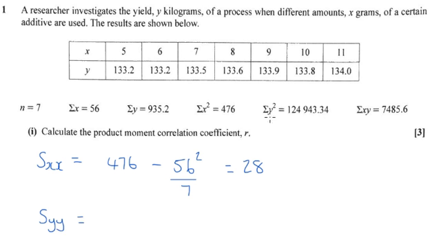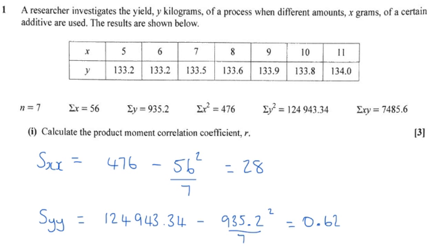which is going to be the sum of the y squared values, so that big number there, 1, 2, 4, and be careful when typing this number in, it's easy to make a mistake on the bigger numbers, minus the 935.2 squared, over 7 again, so that's 0.62,